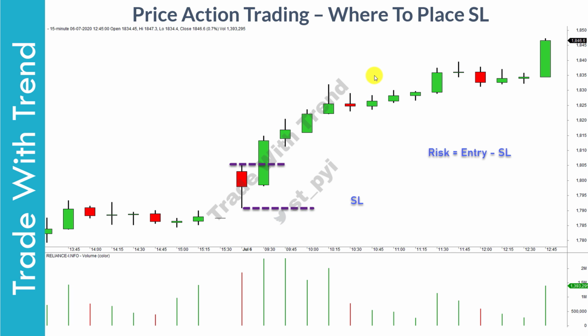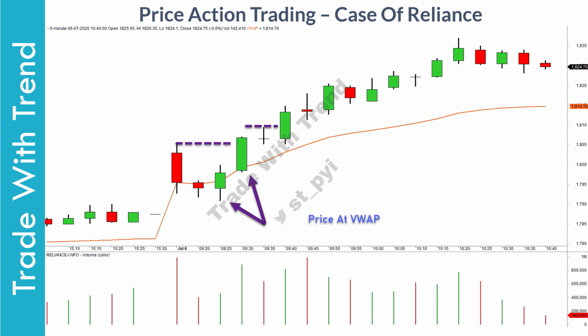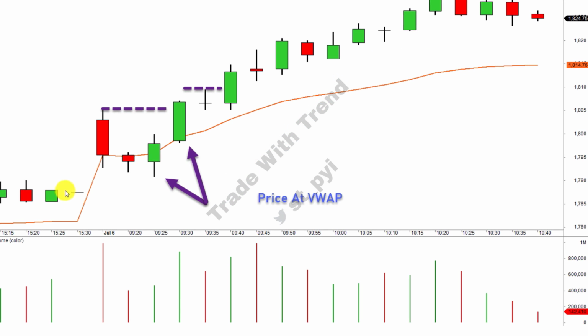And this is where a working professional has a distinctive advantage over a day trader. So one thing that I follow closely when it comes to day trading is the VWAP indicator, and in particular I like to see the price action around VWAP to determine who remains in control. So if you look at what happened at the VWAP indicator, this is Reliance Industries.